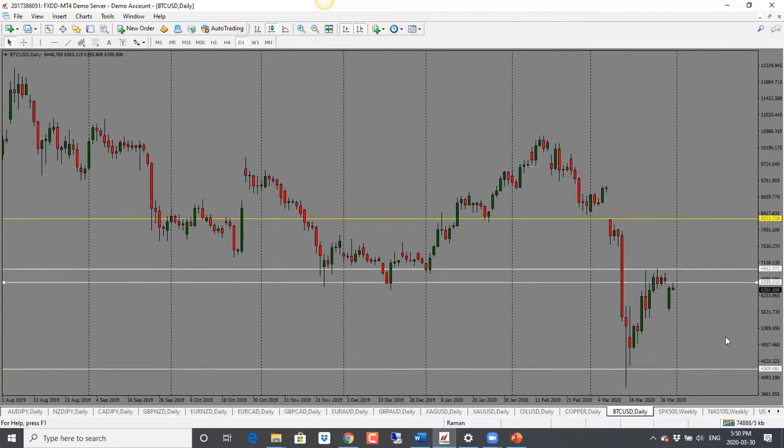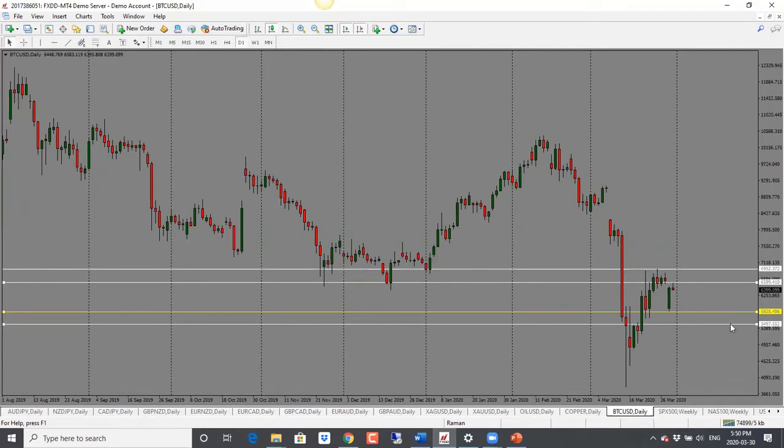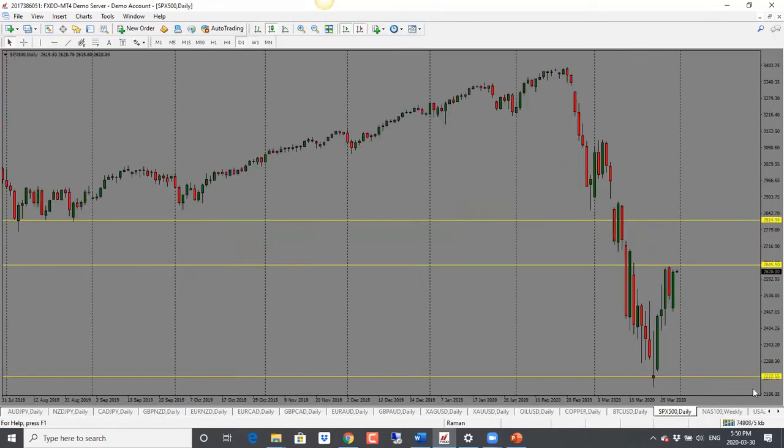But as long as it holds below this level, 6,600, I will look for a drop. First target would be this level here at 58.25, and then we're looking at 5,500. So bias is bearish for Bitcoin. Equity markets here, as we talked about earlier,